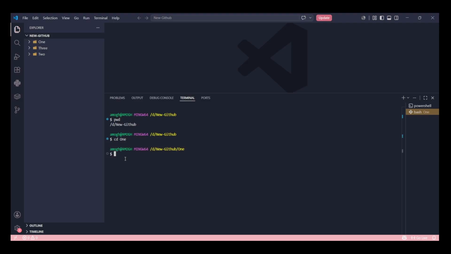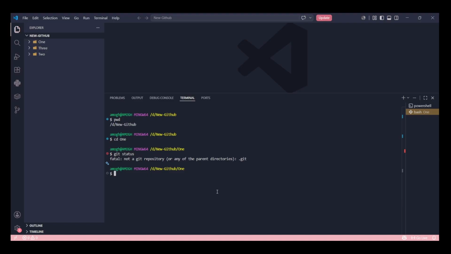So here comes our first ever Git command. There is a command called git status. If you are getting confused, I can clear it up later. First thing is git status. This gave a fatal error. It says not a git repository. As I said, this is just a normal folder on my laptop right now. This is not a Git repository.